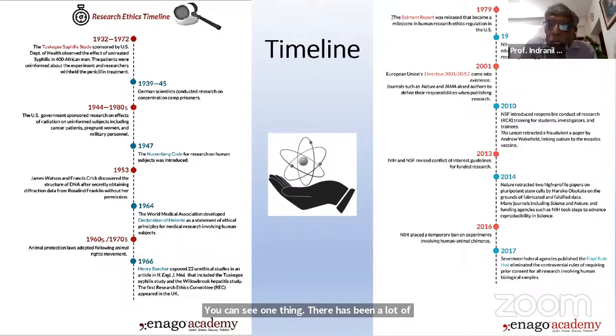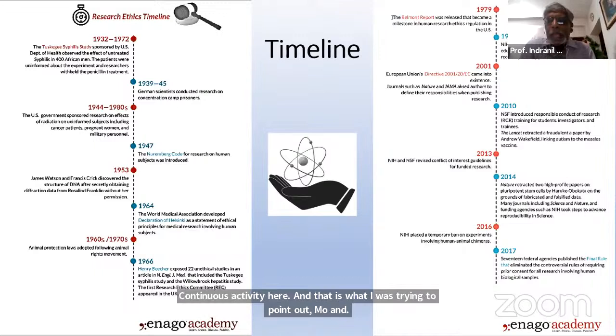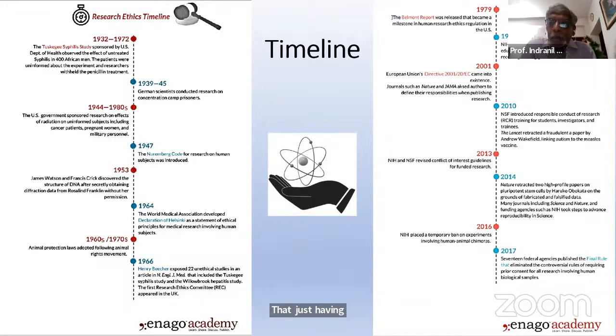And that is what I was trying to point out a moment back, that just undertaking some courses or UGC publishing some guidelines, maybe regulatory guidelines, will not